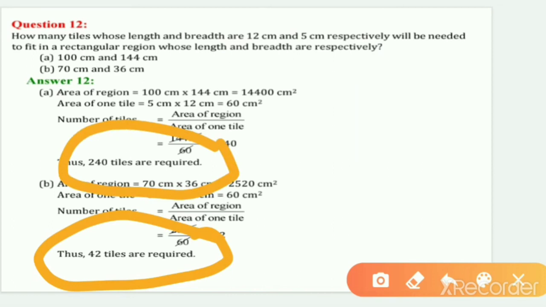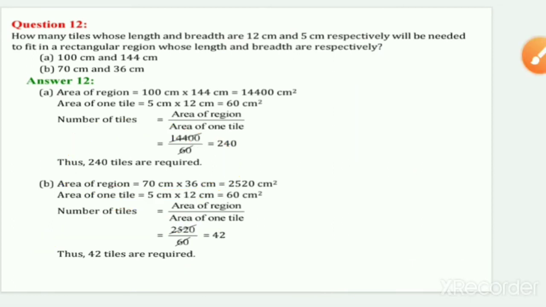Okay, so I hope everything is clear for today's session. So this was the chapter. We are ending here today. That is chapter number 10, Mensuration, which is now completed. Now it is your duty to go through it, practice the questions, and whatever is taught, the formulas, queries, and problems related to this chapter, do at home yourself and complete in your notebooks also.